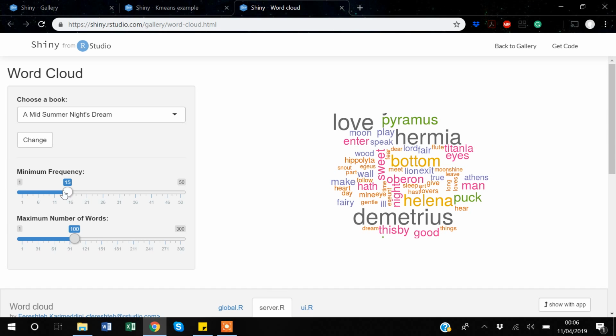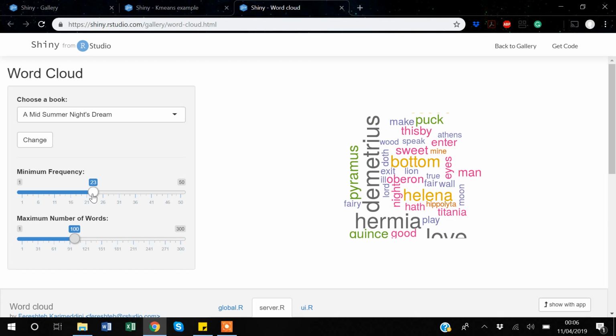So we have a scale here. This is showing what kind of words we are getting in the data. Here it's saying that the minimum frequency shown on the right hand side of the dashboard must be 15. But if I increase this frequency, the number of counts will decrease,